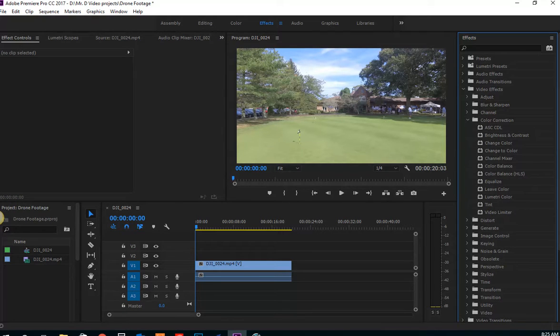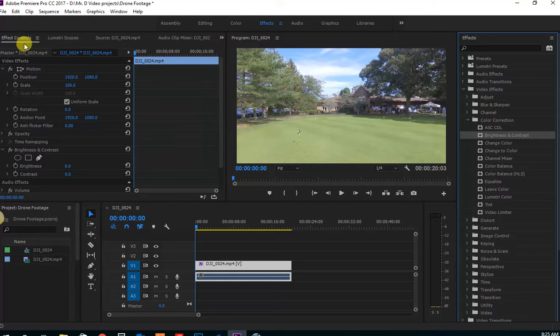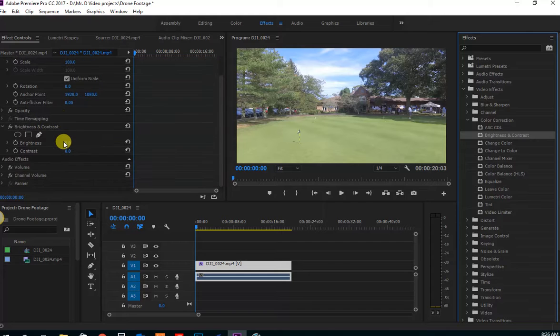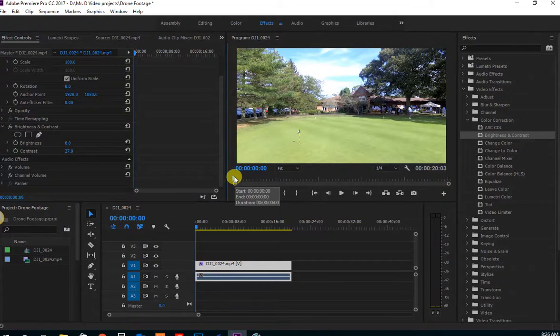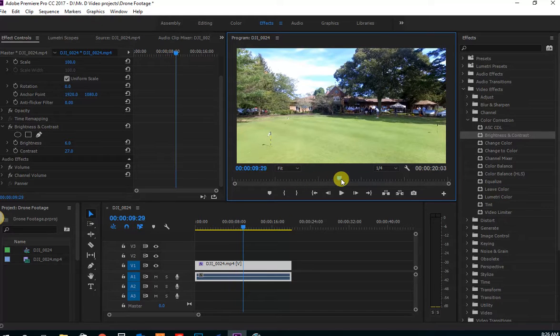Alright, so in the Effects workspace, click Effects, go to Color Correction, and let's start with Brightness and Contrast. What we're going to do here applies to any effect that you would use. If we take this and drag it onto our clip, we'll see that we have a new set of options up here in this tab. Under Effect Controls, we can go down to Brightness and Contrast and use these sliders to adjust that, and that's going to apply it to the whole clip. You could go in there